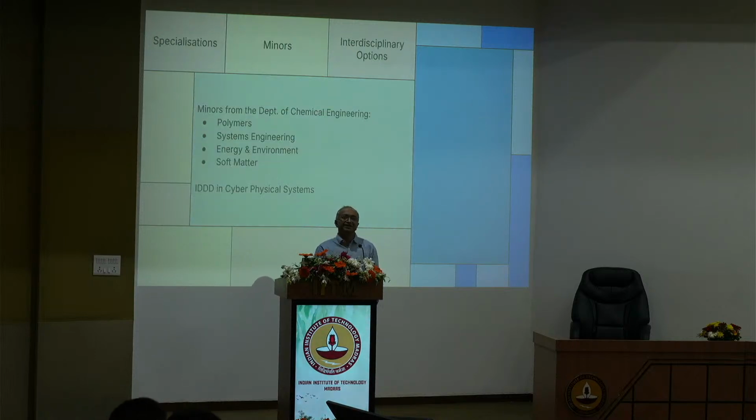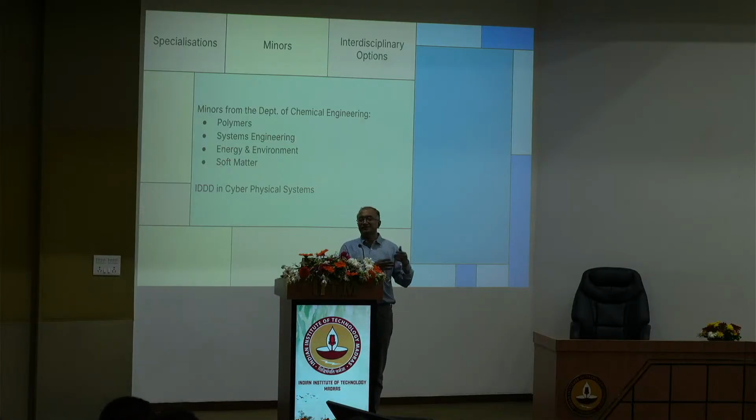And in terms of minors that we offer, polymers is one minor. Systems engineering basically encompasses an important aspect of chemical engineering because controls and the overall process being under control is extremely important. So we look at a process as a system, and therefore analysis of a chemical process and controlling it is very important. In this, we share some of the basics with, let's say, electrical or mechanical engineering. There, it's a device or an equipment which needs to be controlled. In our case, it's a chemical process which needs to be controlled. So systems are slightly different in each and every discipline, but fundamentals may remain the same.